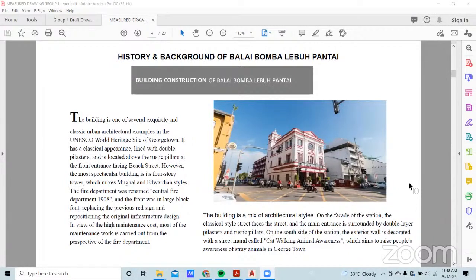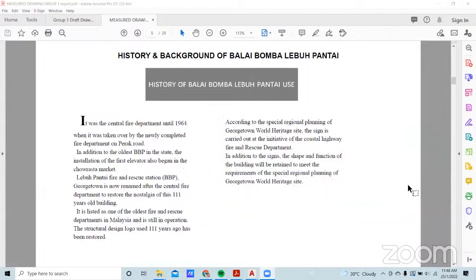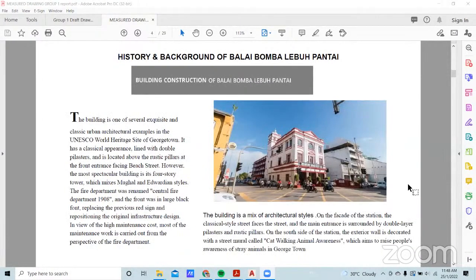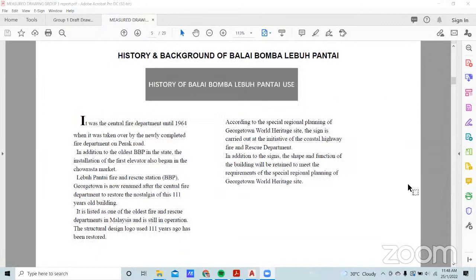And then you go to the next page. I think you better download the one that I've commented on. It's easier for us. So page 5. Okay, so explain more on the first one, right? You said the Central Fire Department until